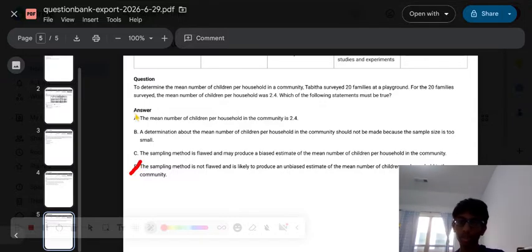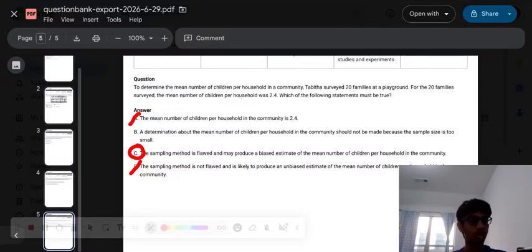And because of that, the mean number of children per household in the community being equal to 2.4 is probably not true because, again, the people who are coming here are more likely to have children. Yes, I would say the sample size is too small. However, if the main problem here is that the sample method is flawed, I would recommend that you increase the sample size. However, if per se it wasn't the park, but rather, I don't know,